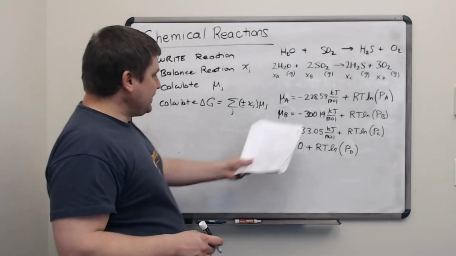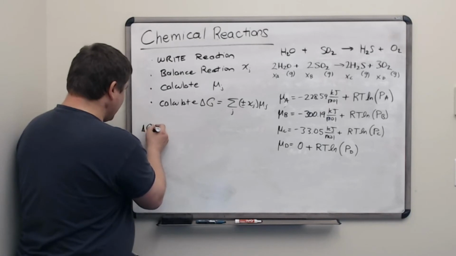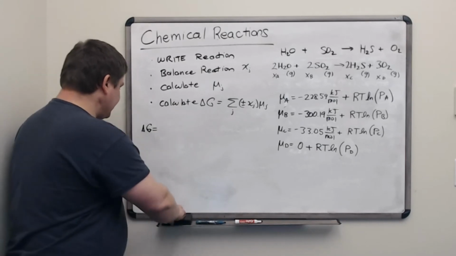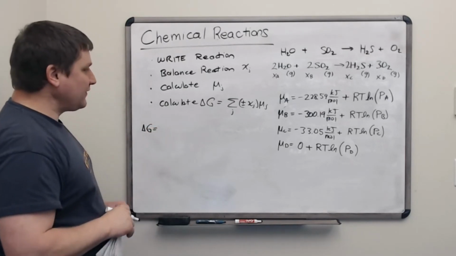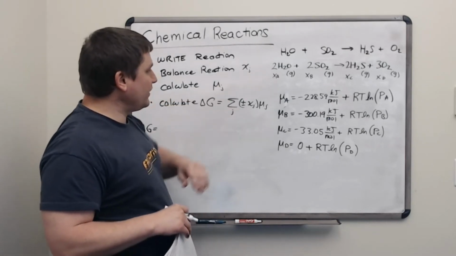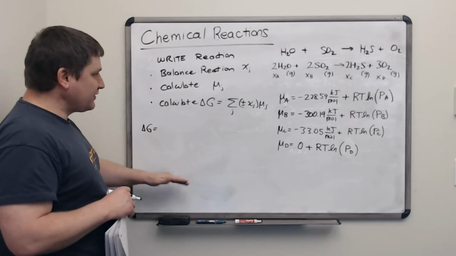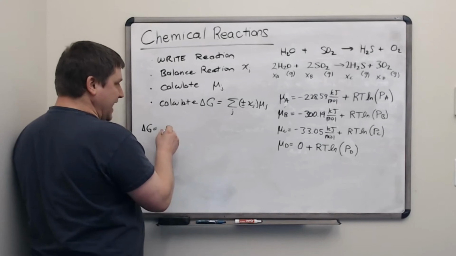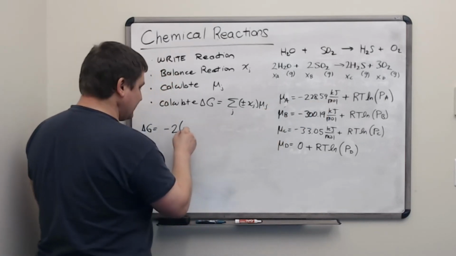Okay, now we've got all the chemical potentials. We will have to put them into a big whopping sum to get our expression for delta G. So now this expression is going to involve everything we've got so far. We have to think about whether that is a product or reactant, what its coefficient is, and its formula for mu. So I'm going to have 4 terms here. The first one will come from the H2O. It's a reactant, so it's going to get a minus sign. Its stoichiometric coefficient was a 2, so there's a minus 2 multiplying this whole chemical expression here,